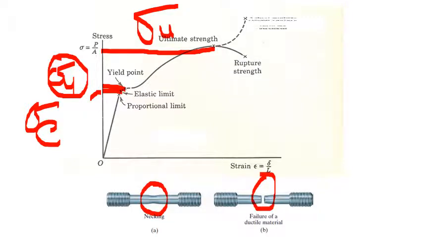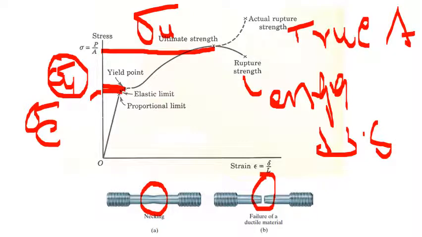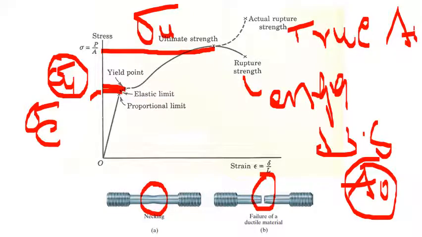So like this, either it can take up to the actual one, or it can take up to the engineering strength. Okay, so this is what we say true break strength, and this is what we say engineering break strength. Here we take Ai, and here we take A naught. That is what you need to remember. Those are important things here. So this is how exactly we can define the stress strain curve for a ductile material.